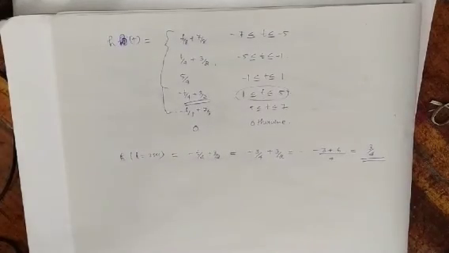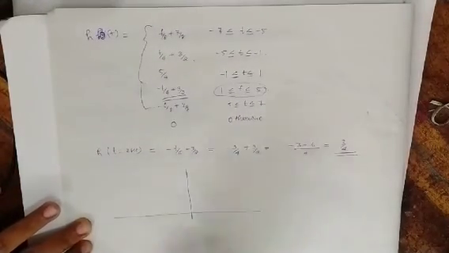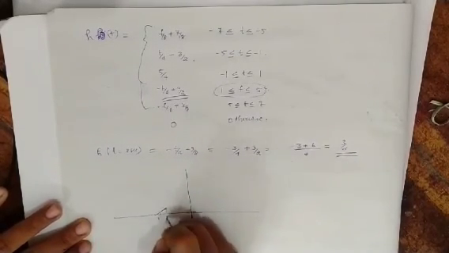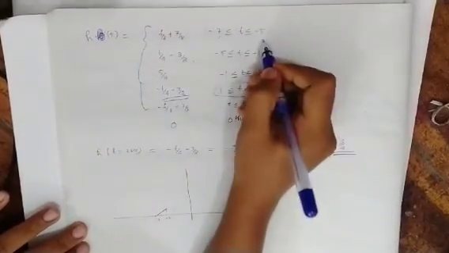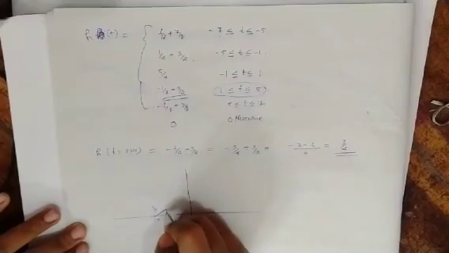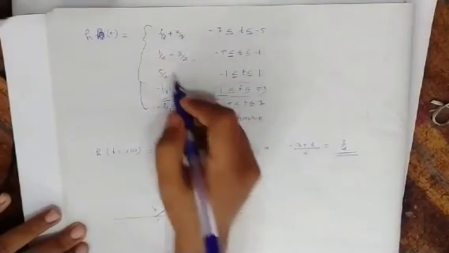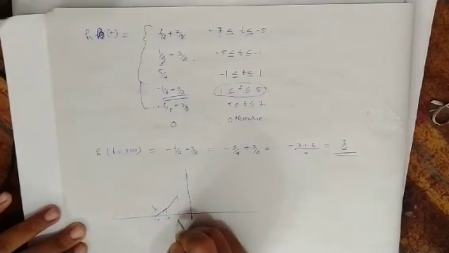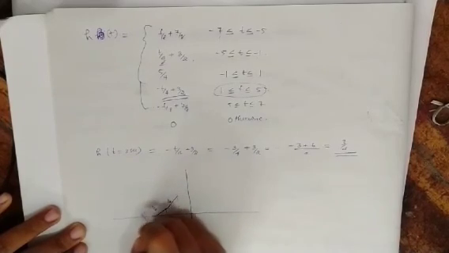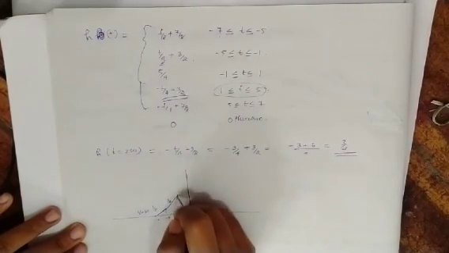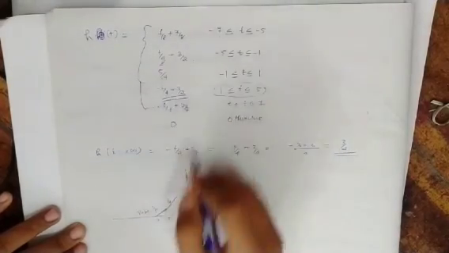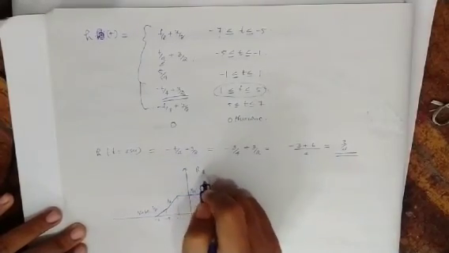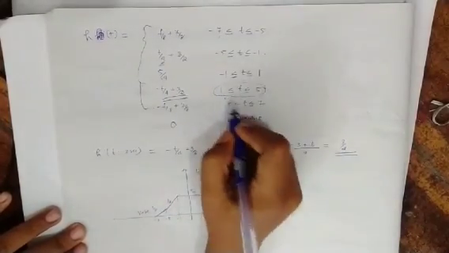So if I am going to draw the curve and draw the signal, it will be like this. From minus 7 to minus 5, the slope was 1 by 8. From minus 5 to minus 1, the slope is 1 by 4. And from minus 1 to 1 it is 5 by 4. And from 1 to 5 it is